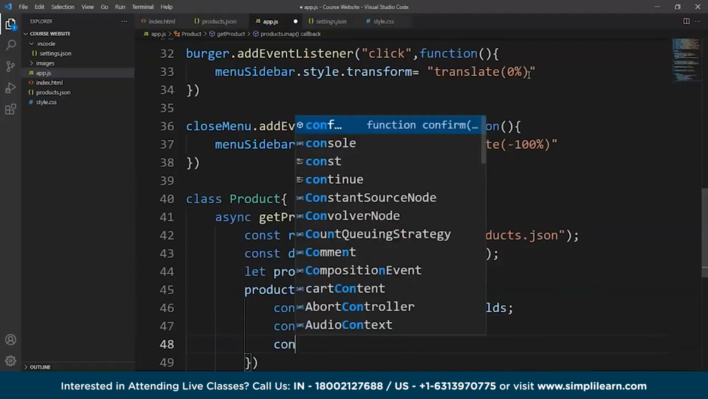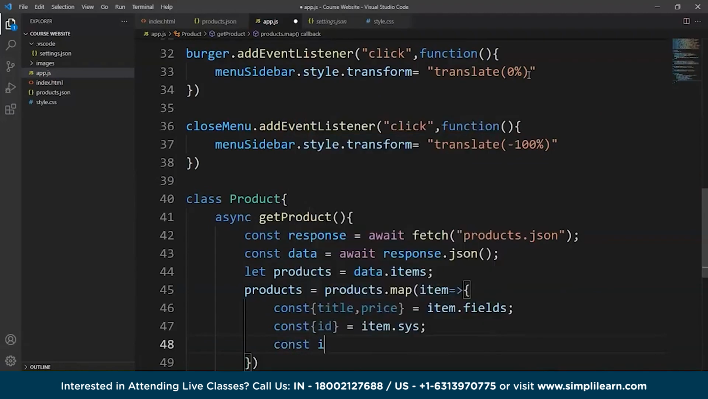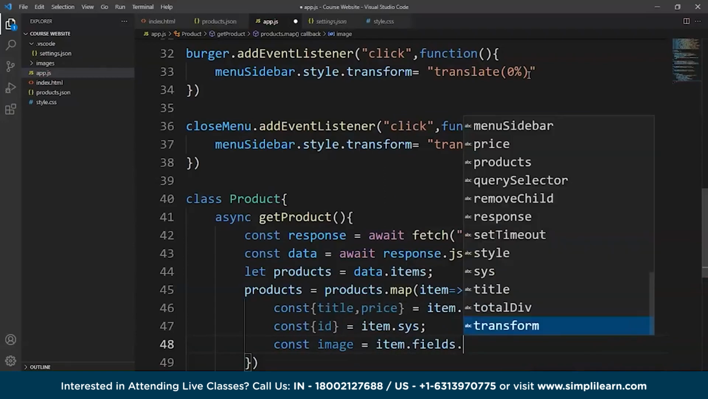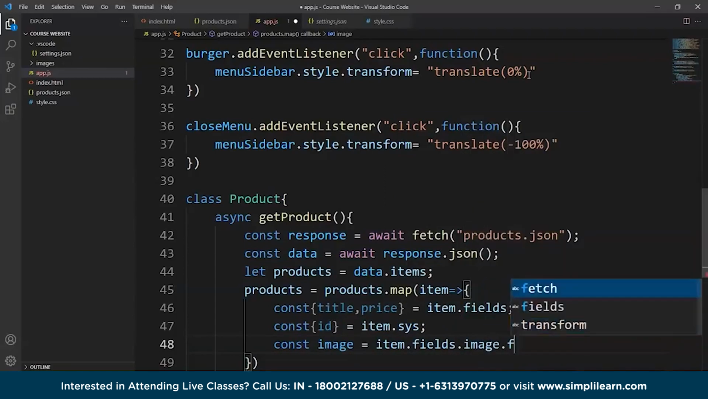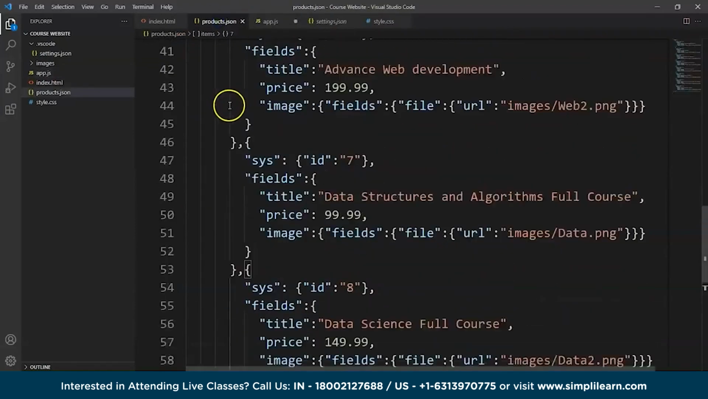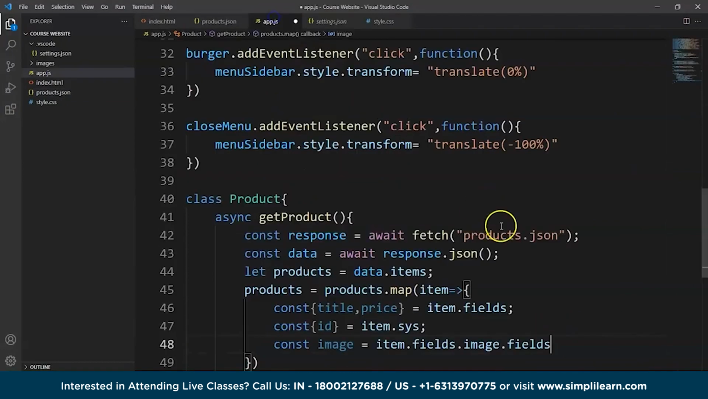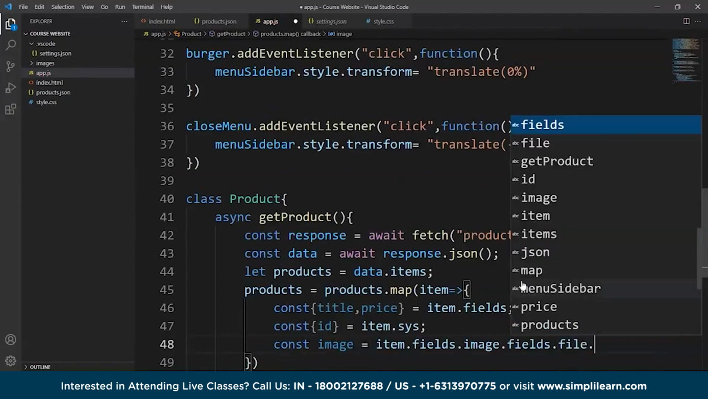Then we'll write here const image. Now we are fetching the image, so we'll write here item dot fields dot image dot fields. We are actually giving the path, right? If you see here in the JSON file, you can see inside items we have sys fields, then inside fields we have title, price, image, and then inside image we have fields, file, and URL. So we'll access each of them. Now we'll write here after fields dot file dot URL,